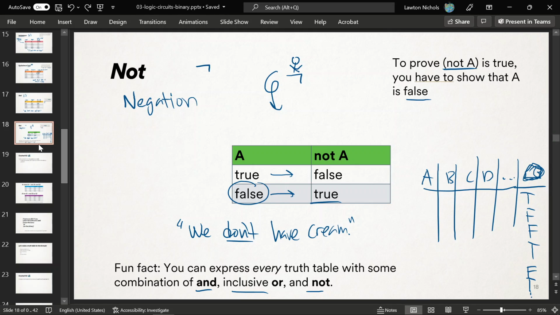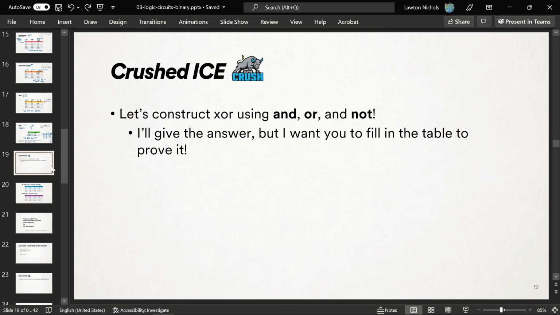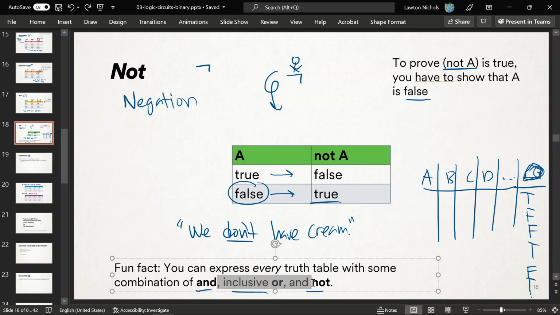All right, and I might as well show you, or at least give you a hint, to make it intuitive as to why this might be true. So let me show you. I just told you that inclusive or and not can express every possible truth table. So